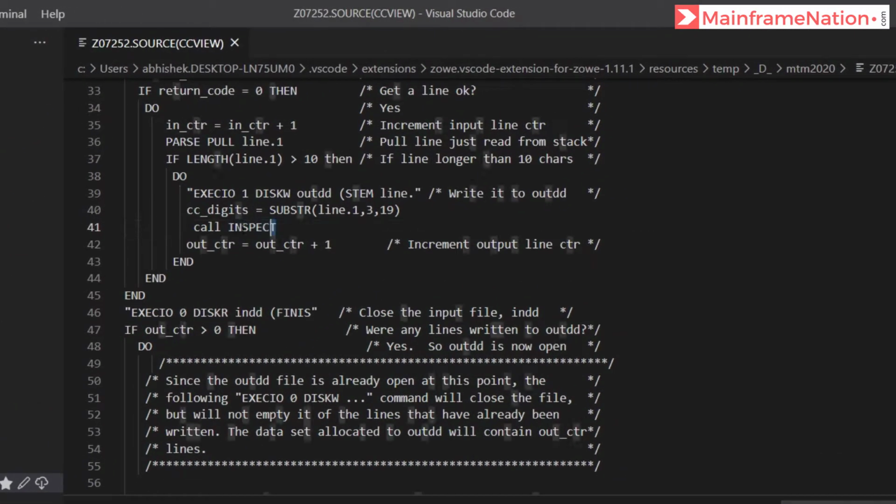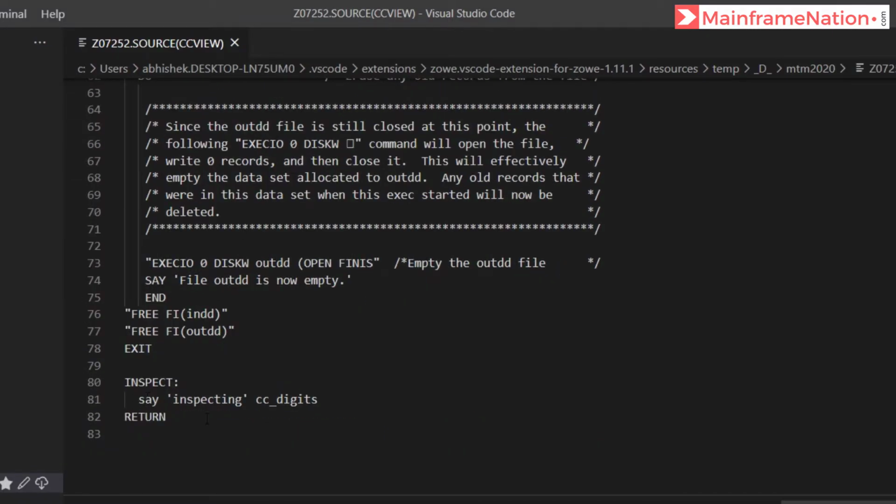Now let's apply this algorithm into our code. So here is the inspect subroutine. Instead of it, we will use LUHN. So remove inspect and put here LUHN. First, we will take the rightmost digit. We will use substring for it. Give here substring. Then the last position will be position number 16, because the credit card number is 16 digits long.